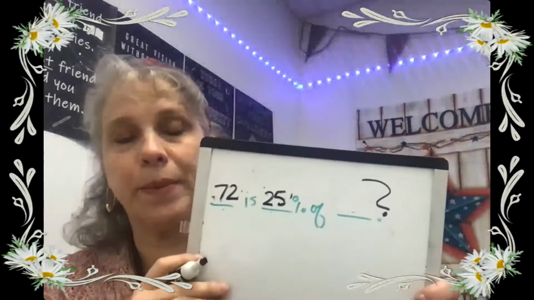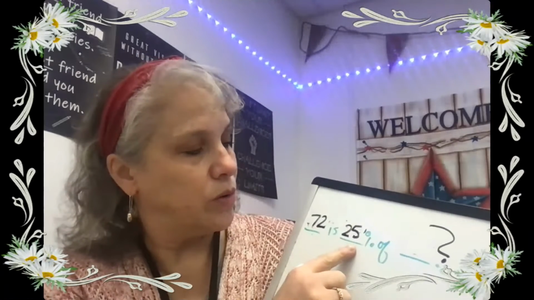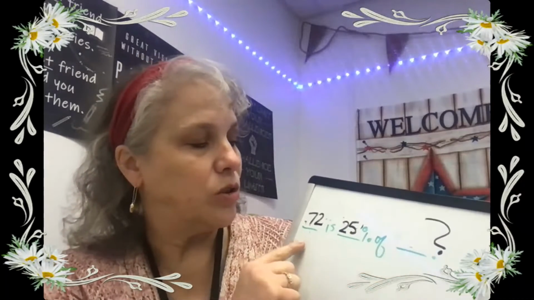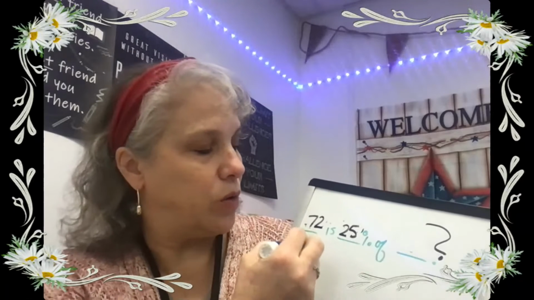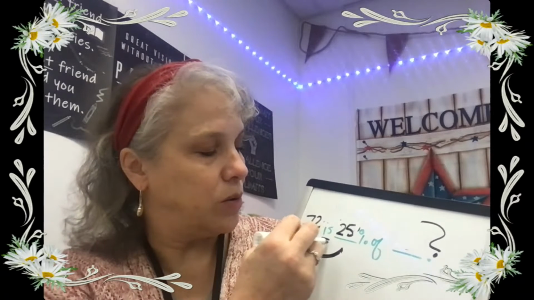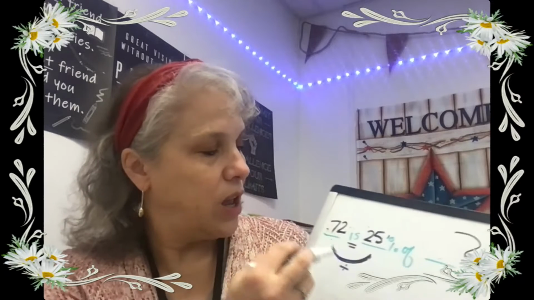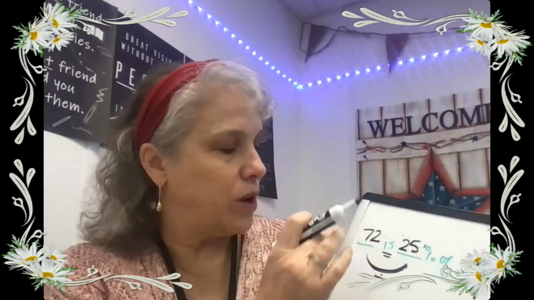Let's look at, okay, so 72 is 25% of what number? Okay, 72 is 25% of what number? So what we're going to do here is we're going to divide. Remember, this is an equal sign, so I'm going to divide. Okay, and so we're going to say